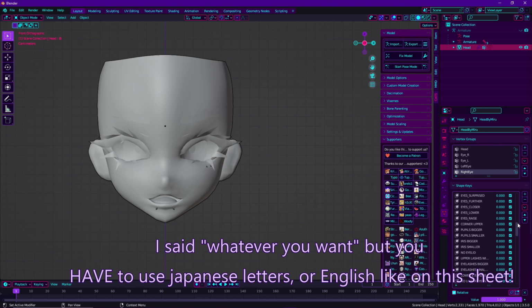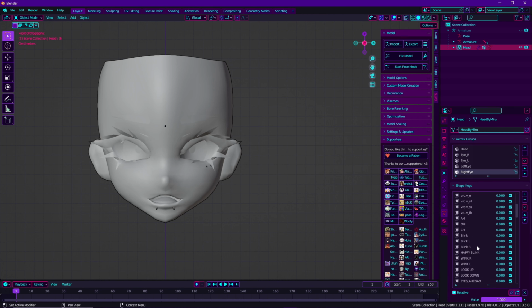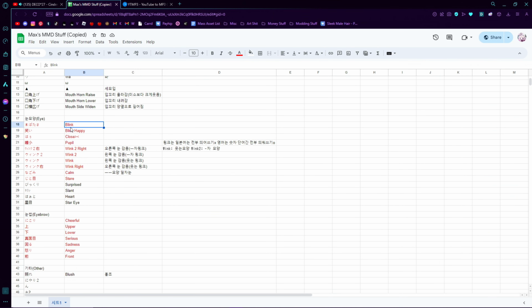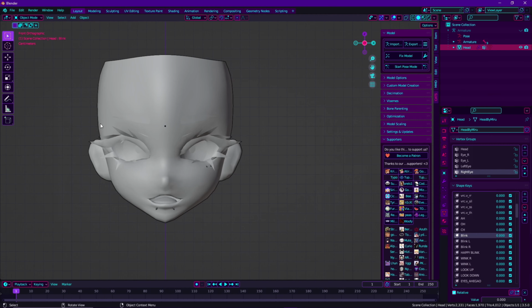You want to do this with the blinks as well. And another thing I want to point out, for example, this head has the blink expression just called blink. But since this is also just called blink, you can either not worry about this entirely, or what I do, because I am silly like that, is I will rename it so that I can use the Japanese letters. Because otherwise, they will layer on top of each other in-game and double the blink, and it looks stupid. Your character will look like this, alright? We don't want that. So,